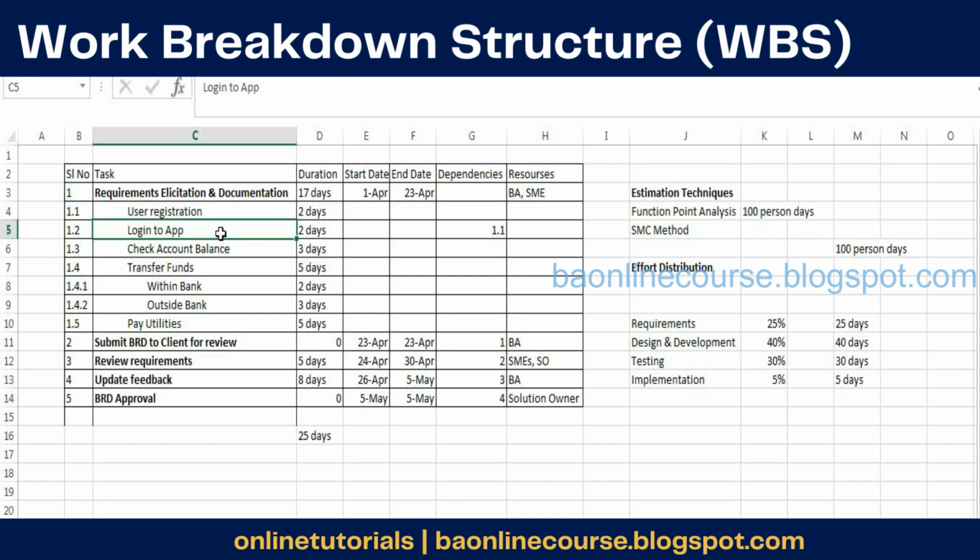Now, let's say for capturing the requirements, if you ask anybody how much time it will take to understand the requirements about a login screen, they say, what is there in a login screen? You just enter your user ID, password, and then log in. So there's no need even to understand the requirements for that. That's because people don't understand all the details that you have to capture. Now, for a simple example like login functionality, I'll give you some reasons where it could take time to capture the details.